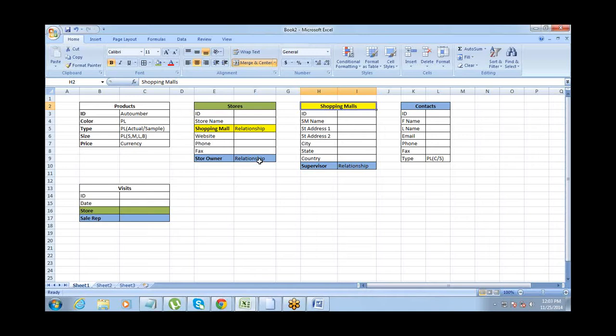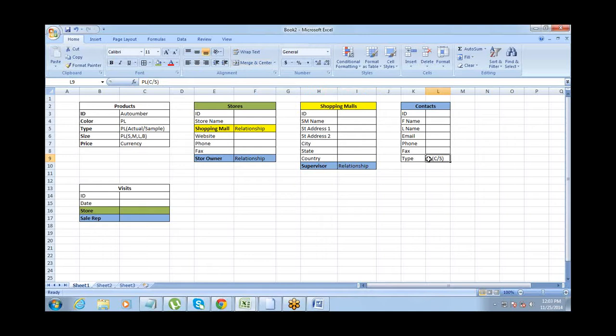But if we have a type, then he can go to different shopping malls, right? Yes. And how about when he is a contact person for a store owner? Can one store owner be store owner for two stores? He can be, right?